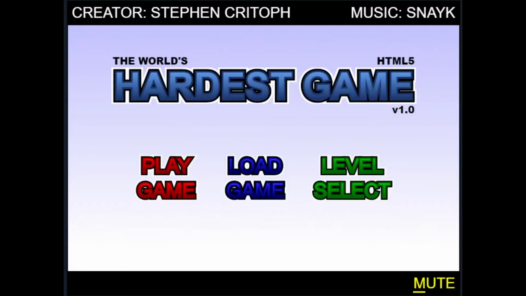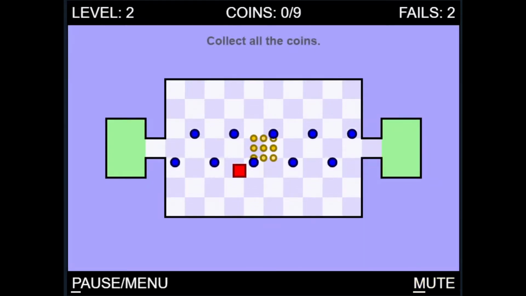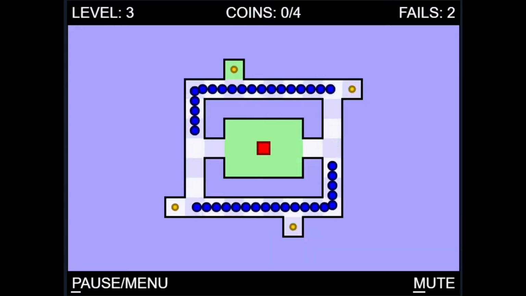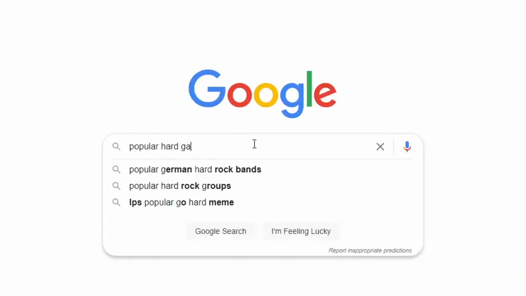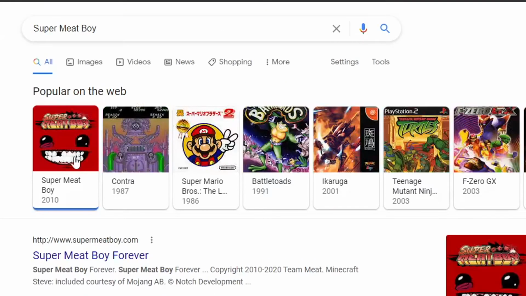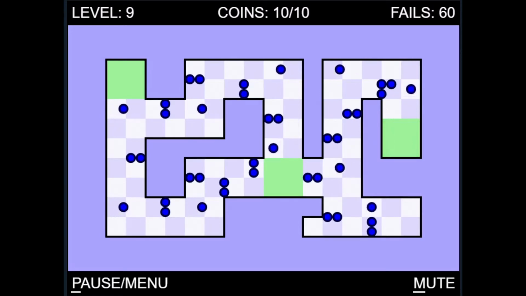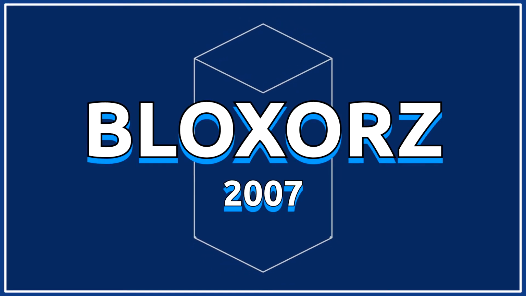I hate squares. The World's Hardest Game is one of the most popular Flash games. The goal is to guide your red square through the level, collecting all the coins and reaching the checkpoints. The only problem is that this game gets hard. This game is the Super Meat Boy of squares. I never did manage to beat this game. I always gave up and went to play Wrath Wars, or even